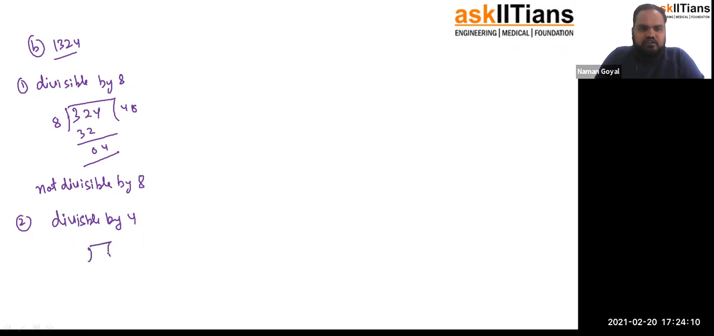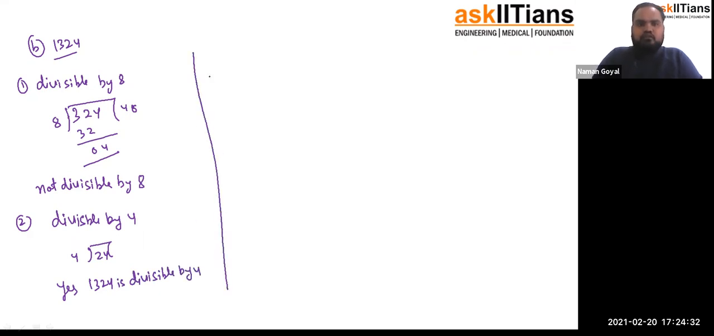So the last 2 digits are 24. Yes, we know that 6 fours are 24, so 24 is divisible by 4, right? So we can say that yes, 1324 is divisible by 4. Yes or no? Yes. Now third, we have to check divisibility